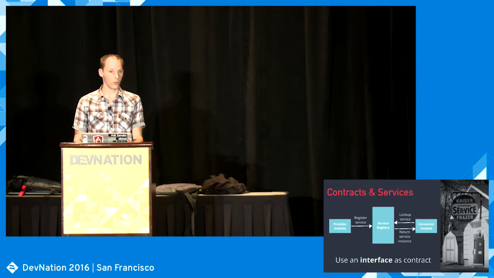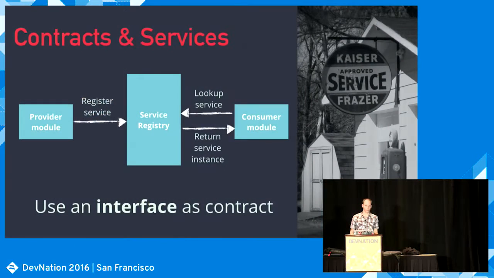Well, we all know about dependency injection, inversion of control, and as a general pattern, that's the solution to this problem. So what we really would like to have is some provider module registering a service under an interface into a service registry, and a consumer module, like my CLI module, would somehow query this registry and get an implementation. But it doesn't have to know what kind of implementation, it just needs an instance, as long as we know about the common interface. So fortunately, that's also possible in the Java module system.